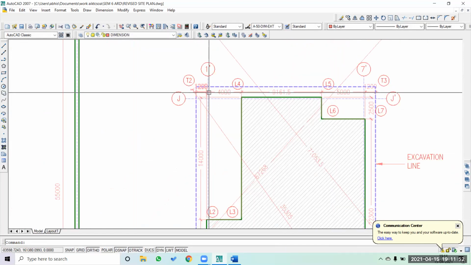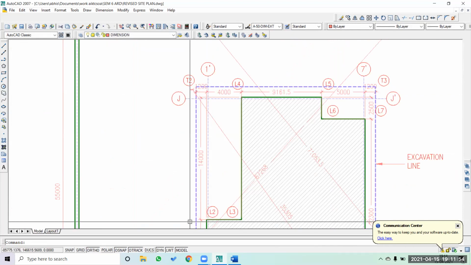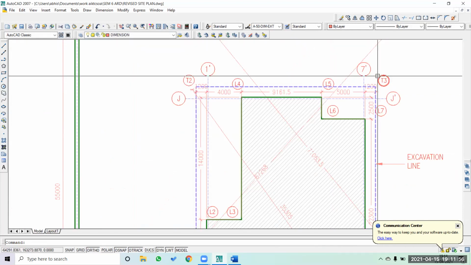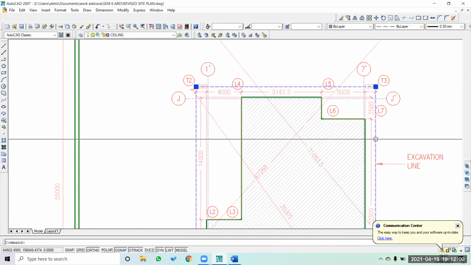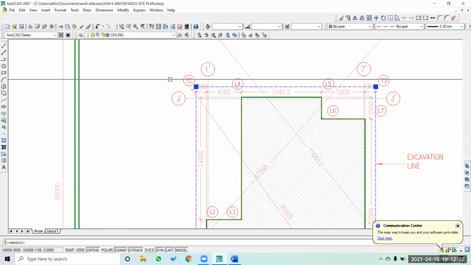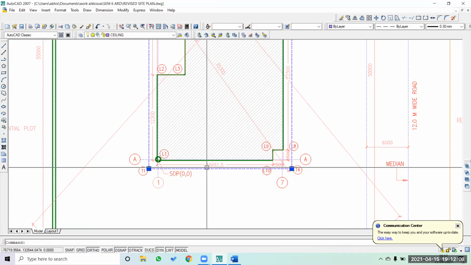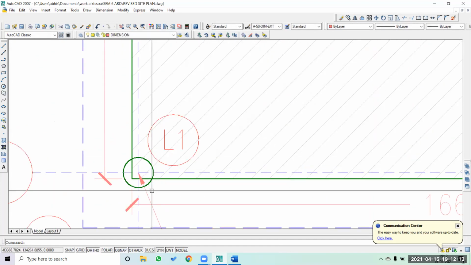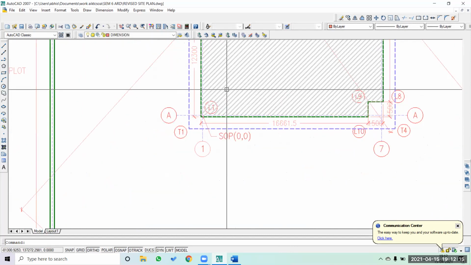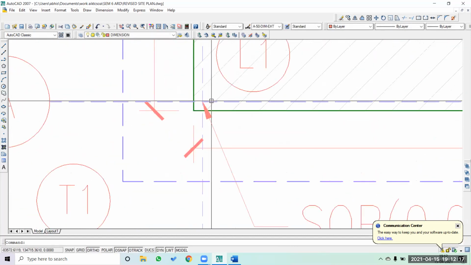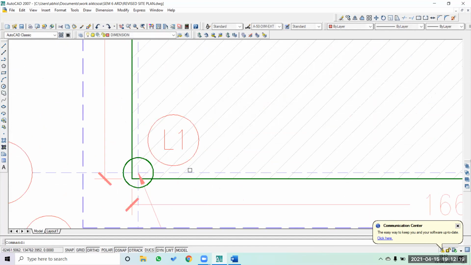So whatever the pegs or the planking will happen will get constructed along this particular excavation line. So that is very important for us to understand which is the excavation line and what is going to be the actual building line. So this is also important. If you want to remove it, you can remove it. This particular point only needs to be highlighted.